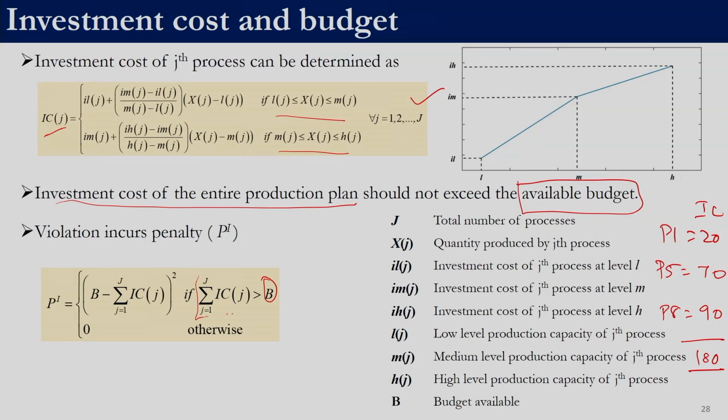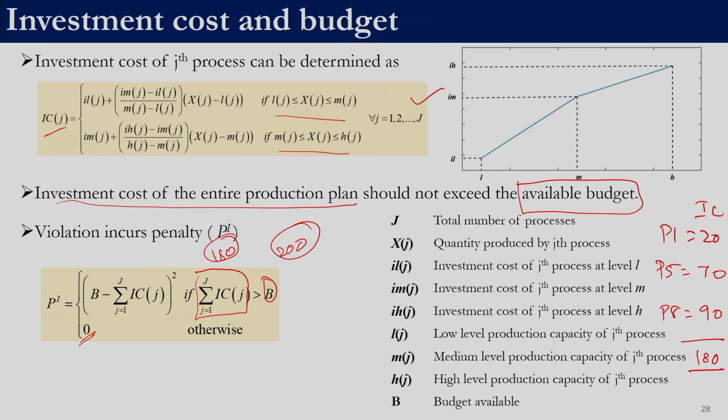So the amount of money B is given, right. So this is the total production cost, right. Let us say in this case 200 was available, and this cost comes out to be 180. So 180 is not greater than 200, right. So we have 200, we require only 180. So the penalty incurred is 0, right.